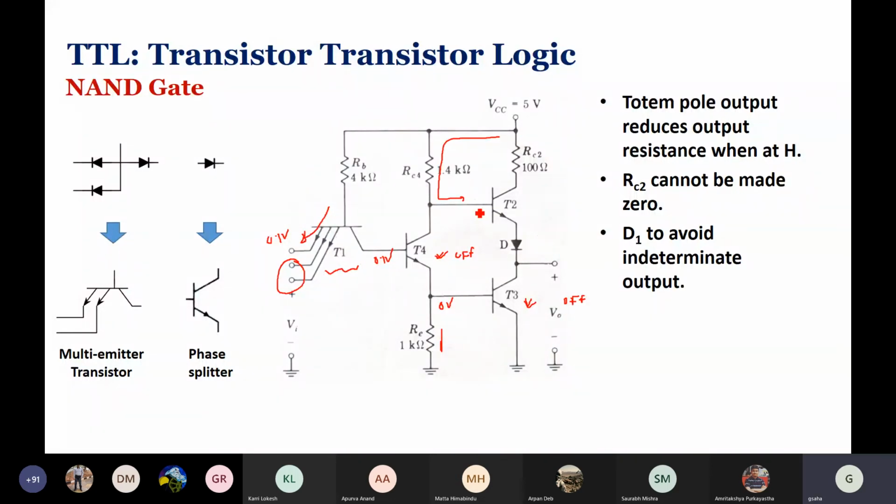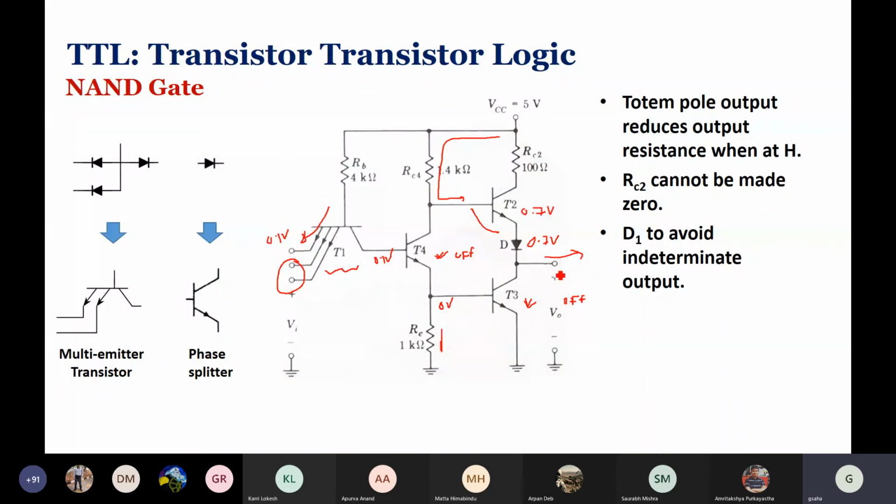Actual value we shall see later. So this voltage, close to 5 volt, is sufficient to overcome this 0.7 volt and this 0.7 volt and drive current to the load. So this will become on and this will become on at that time, and this is off. So no current is flowing in this direction, no current is flowing in this direction. The current is going towards the load only.